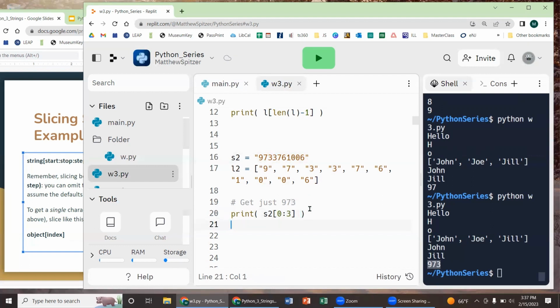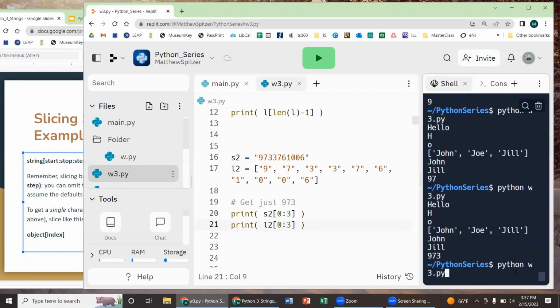I can do the exact same thing with my L2. That'll give me the same thing. So that's convenient. It doesn't change between strings or lists. You index the same ways. And one thing that we can do